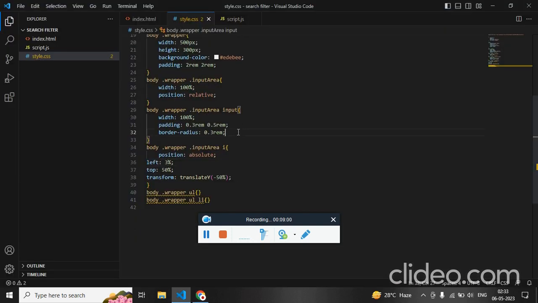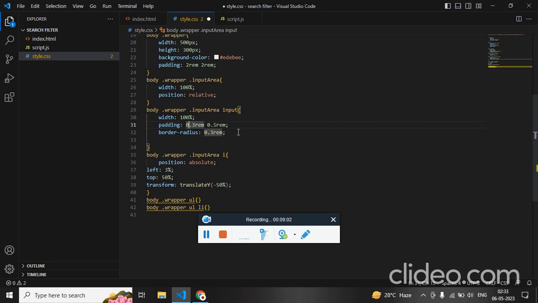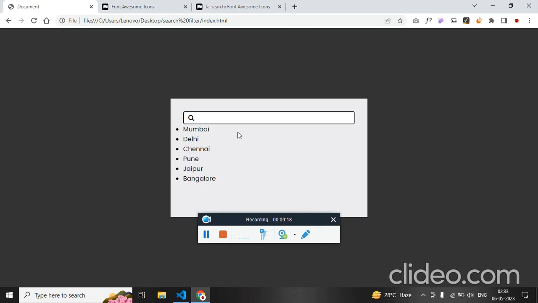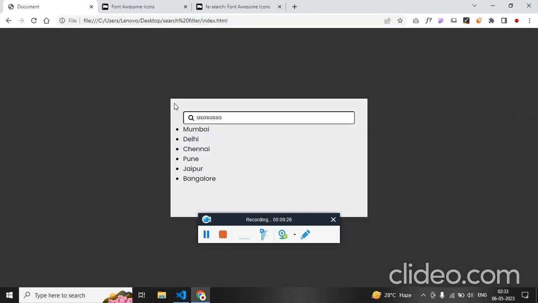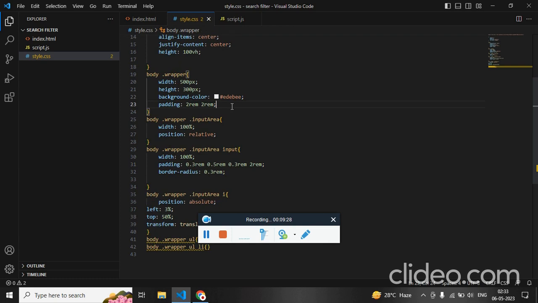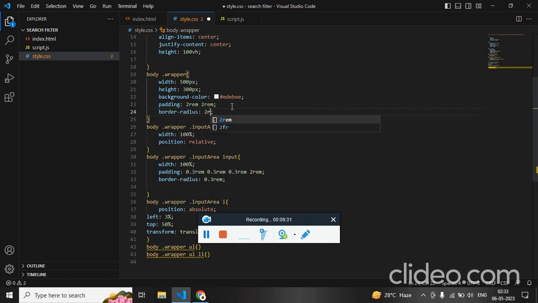And for the input field, we can give padding top and bottom, left and right. So let me just use the shorthand property, top, right, bottom and left, which is 2 rem. If I type, yeah, you can see it's working perfectly. Now let's just style the div, which is wrapper, border radius to 2 percentage,